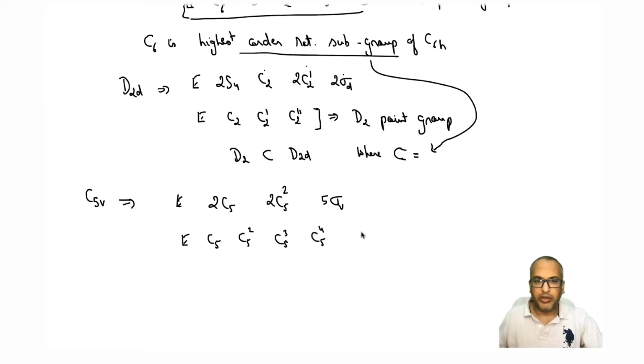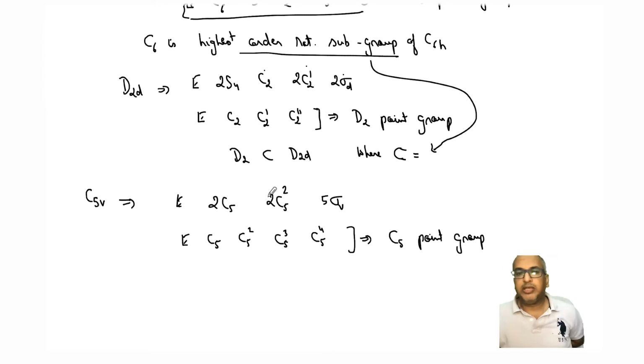These are the operations that will be generated. So are these following any point group? Yes. So this will be a C5 point group, right? But do we have all the elements which are present here in this? Now again we can test by looking at if all of these elements conform to associativity, closure and all the properties. So individually we have to work it out, pick up any example and start working on it.